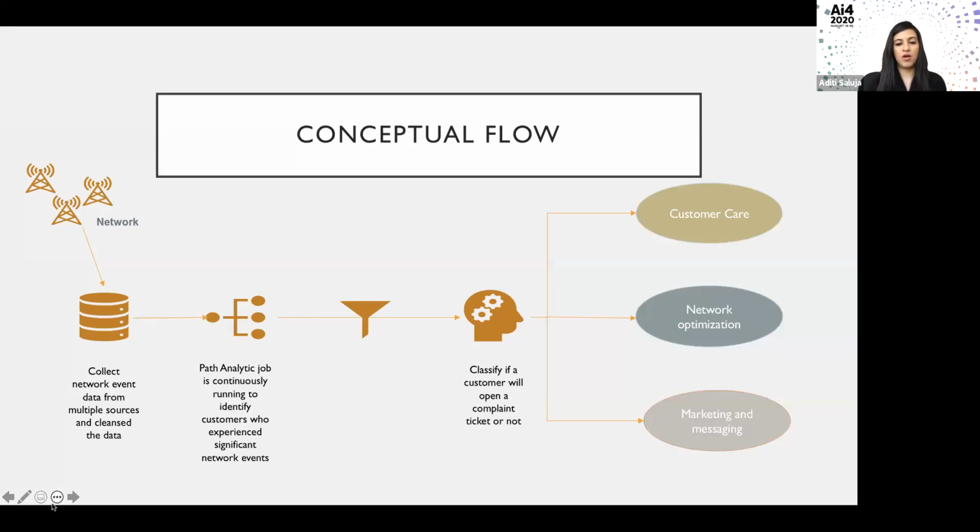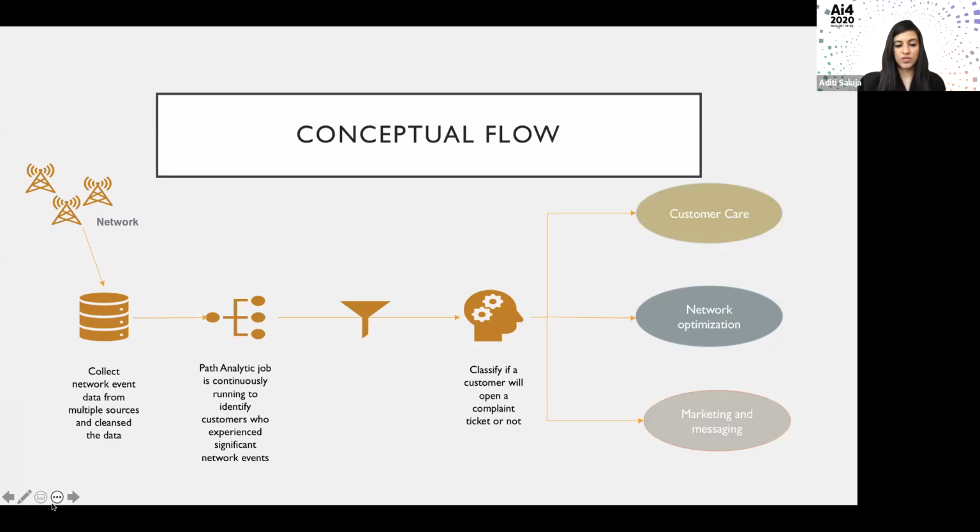Here's the flowchart of the project that I have worked on. The first part of the project was to collect the network event data from multiple data sources. There was not just one data source, there were multiple data sources, and multi-terabytes of data were processed to achieve this solution. Then after collecting the data and cleansing the data, which was of course removing nulls, outliers, and certain other things, we also had some formulas to identify what could be the network related concerns, and we created the KPIs on top of it.